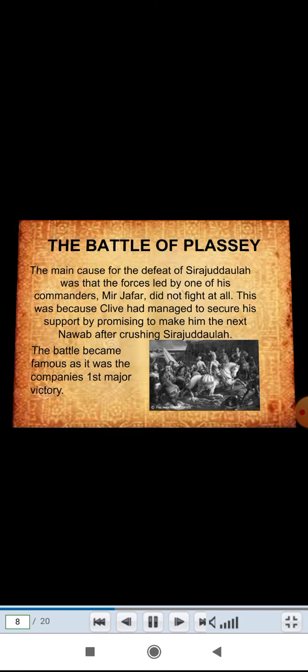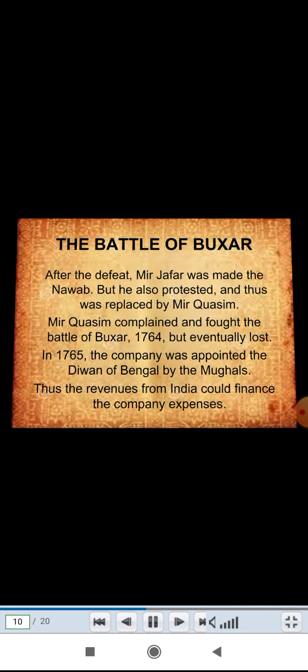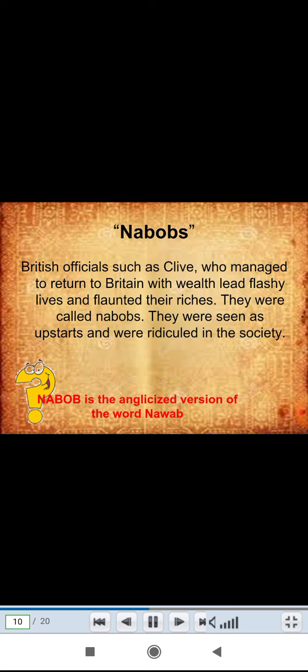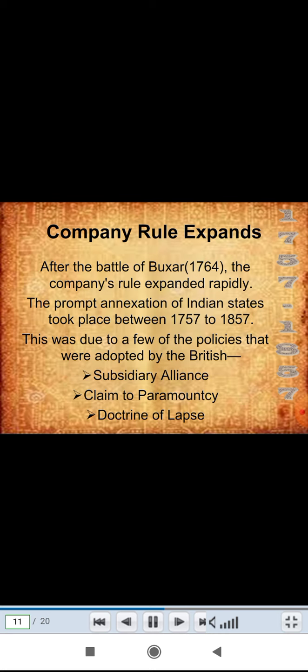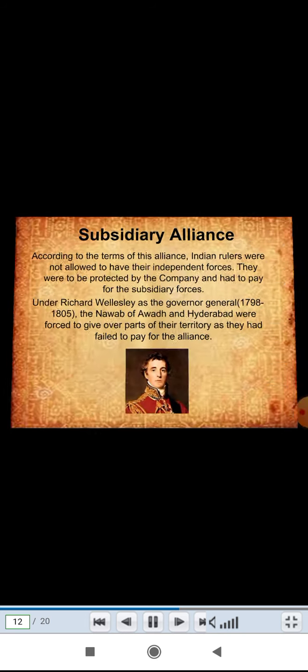Then after the Battle of Plassey, we saw the Battle of Buxar, and then company officials became nabobs, where British official Robert Clive, who managed to return to Britain with wealth, lived flashy. All right. Then we saw company rule expands after the Battle of Buxar, 1764, children,